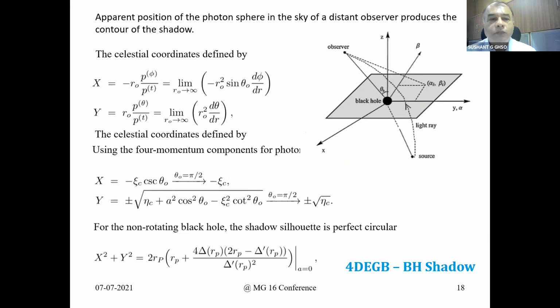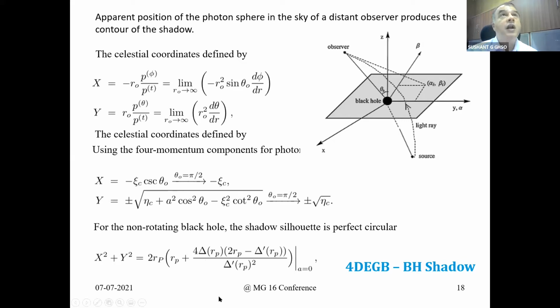Okay. So now we want to study the shadow. We have to use celestial coordinates, because we are projecting onto the observer plane, the image plane, so we use the celestial coordinates x and y. Now this first order differential is already shown to you, that can be used, and we can exactly find x and y like this. Right now, this has the same expression as the Kerr black hole. However, when you put in these values, it becomes very complicated.